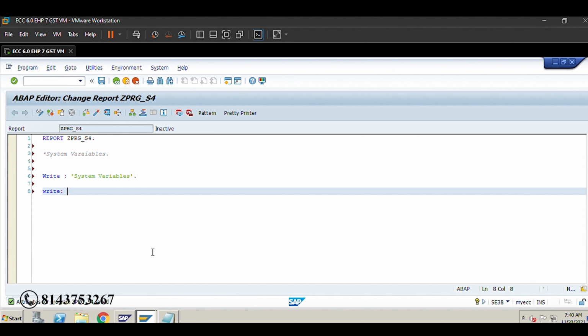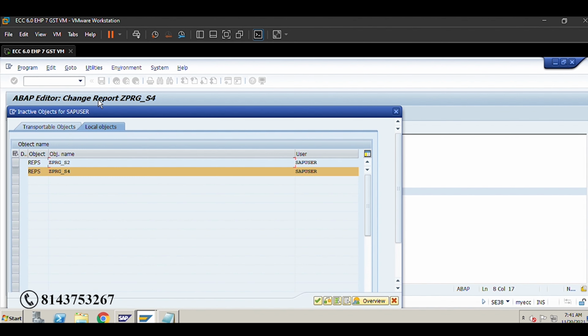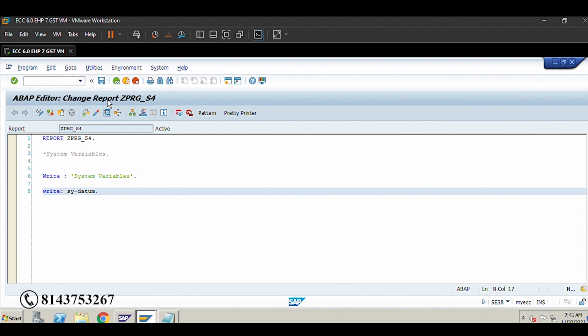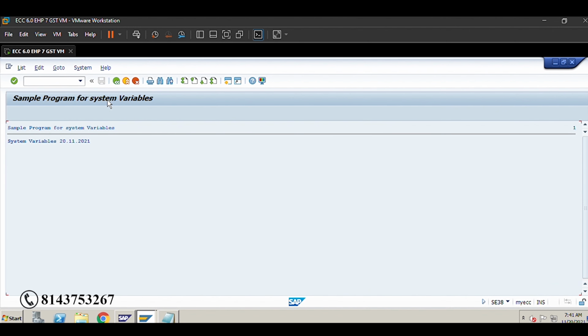So whatever write statement we write next should display on the next line. Okay, so we will see whether it will display or not. What will we use here? SY-DATUM. So we are going to use the system variables like this, SY-DATUM. So I will just save, activate, and execute. See, is it displayed on the next line or the same line?